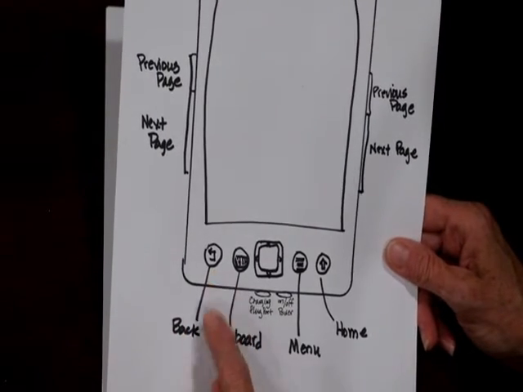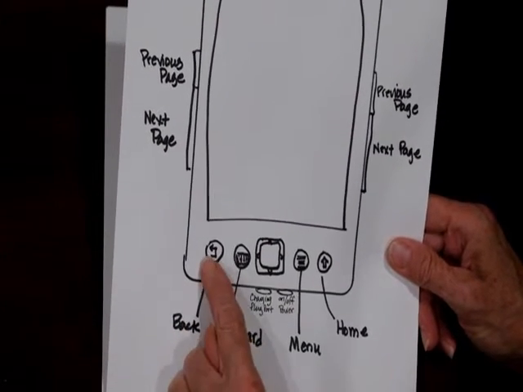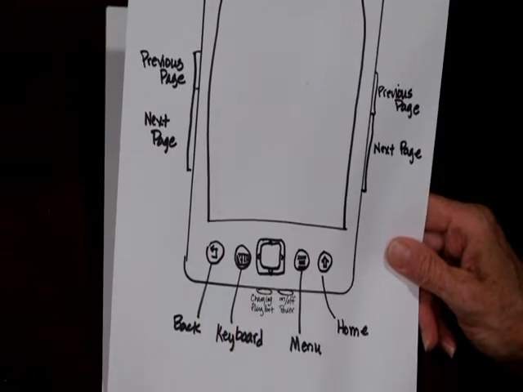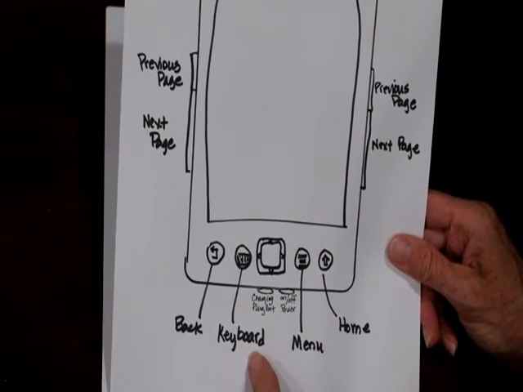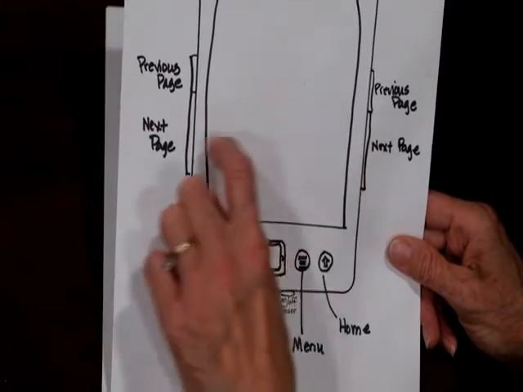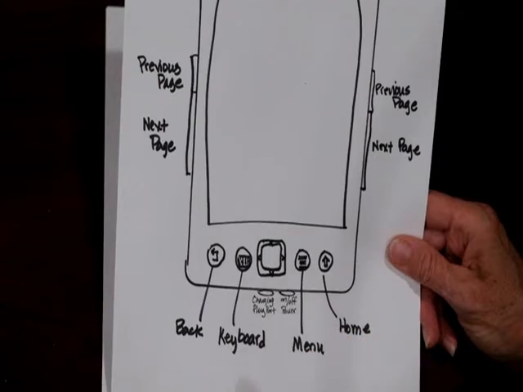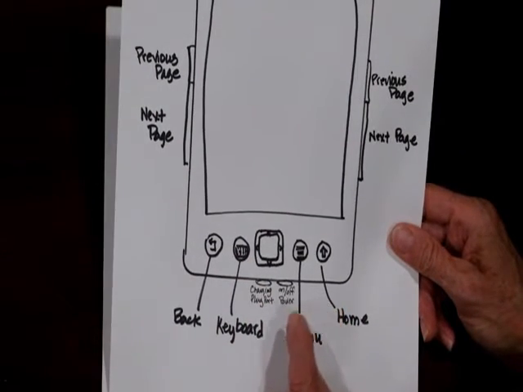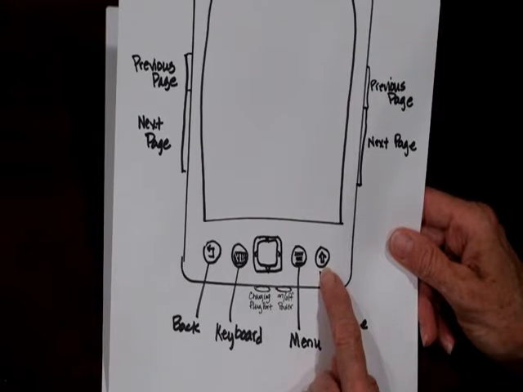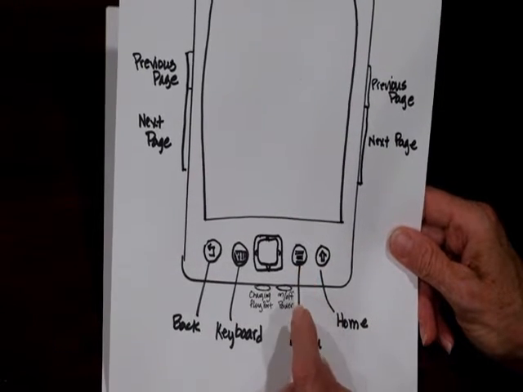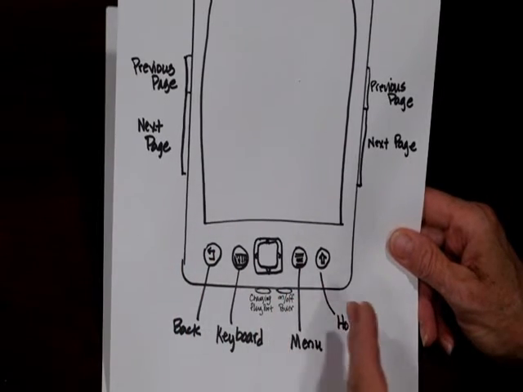So I was going to show you a little bit bigger. The left button is the back button. It looks like an arrow because it takes you back to whatever you were doing before. This button is the keyboard button, and if you push it, you get like a little typewriter keyboard show up, and that's why this is supposed to be a picture of a keyboard. This is the home button. It looks like a little house, and this is the menu button, and it just has some lines,